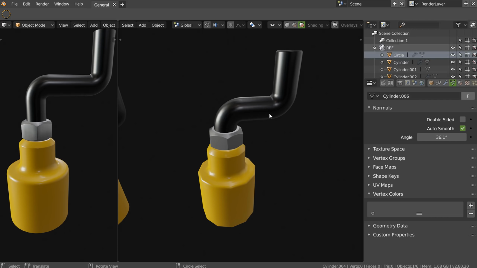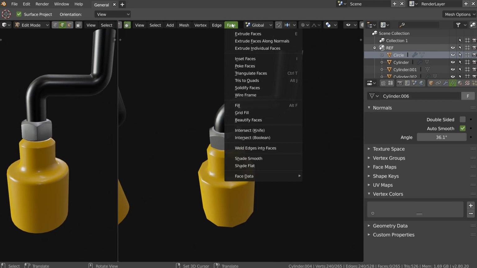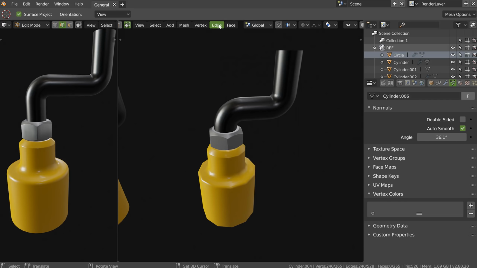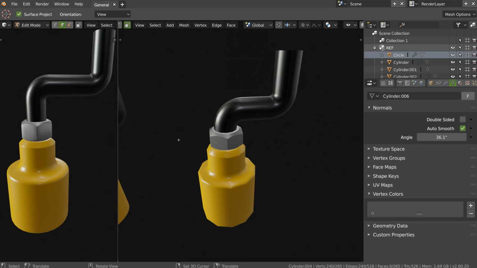I have a different quick menu here, and I have a different quick menu in edit mode. In edit mode, I can go here, select this, and add it to the quick menu, select this. For example, I need a lot of this one, add it to the quick menu. No, not that. Yes, and I have everything I added in the quick menu. So this is really welcome. So thanks to the dev that added it.